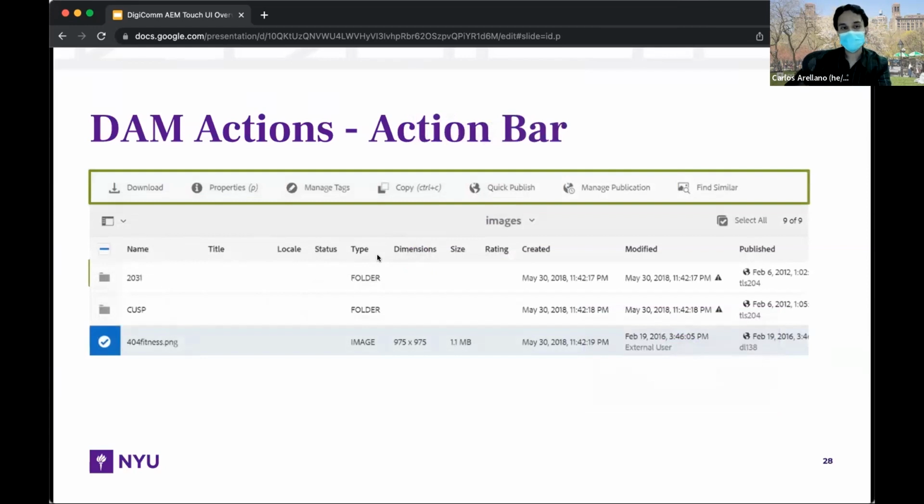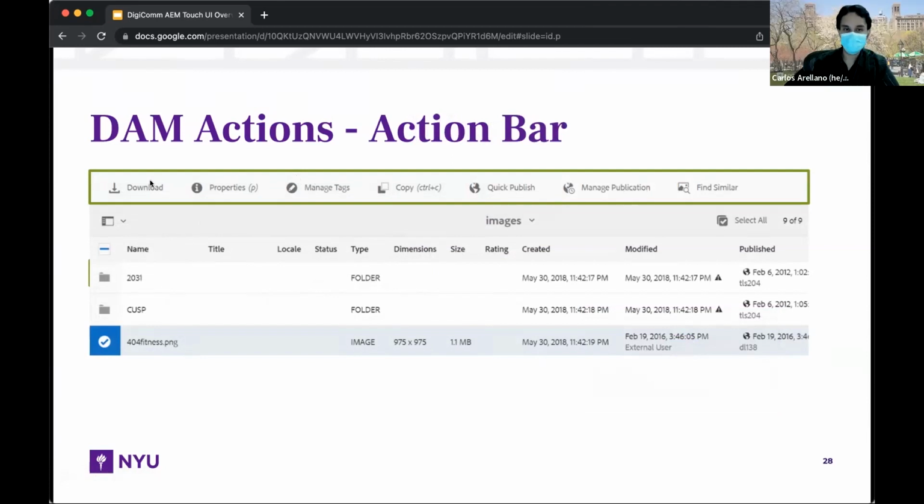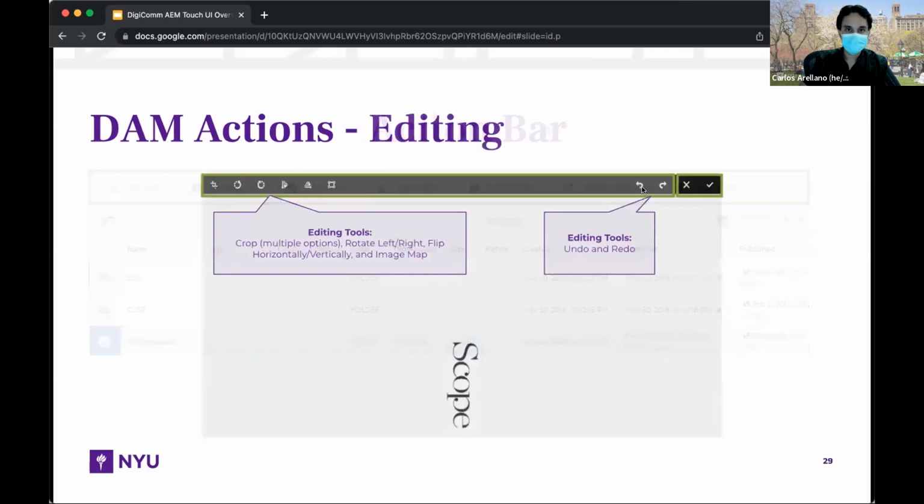Similarly, you have the action bar. The action bar appears where you select the file. So if you select the file, you have the option to download, you have properties, managing its tags, copy, quick publish, manage publication. A lot of similar options to the classic UI, just where it is a little bit different. And editing is going to be really useful. Editing is useful for how you can crop an image, specifically how we crop an image in our specific ratios. You can flip an image, rotate an image. I went over a little bit of editing, how you can get to editing from the components, but